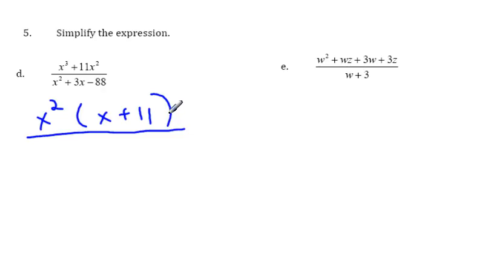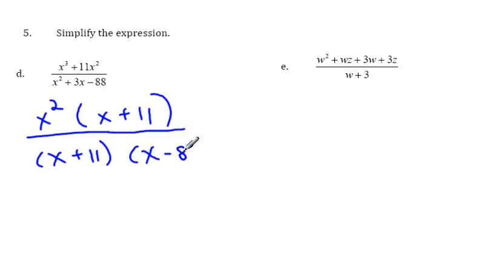There's nothing in common, so I'm looking for what multiplies to negative 88 and adds to positive 3. And remember, think down here to see if what you have here is going to be what could cancel with the bottom. So 11 does go into 88, so it means I have positive 11 and negative 8. So that becomes x plus 11